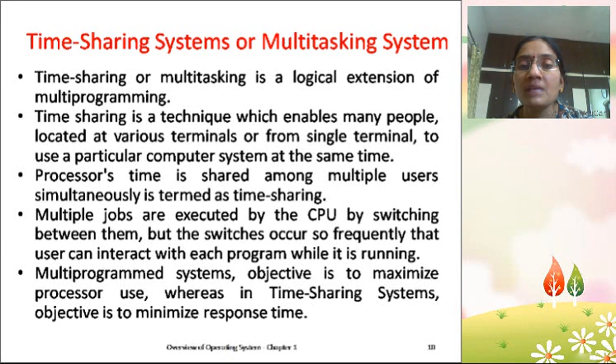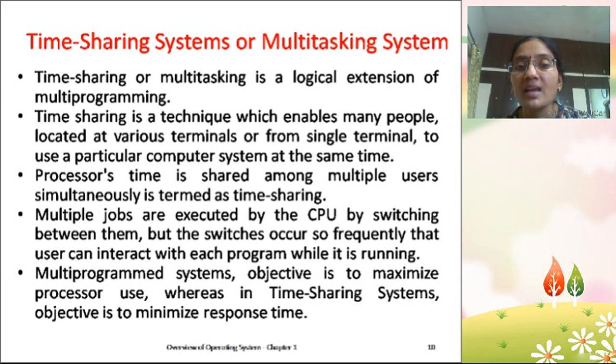Whenever multiple terminals are used, it is time sharing, and whenever multiple tasks are performed from a single terminal, it is the same. The processing time is shared among multiple users simultaneously, which is termed a time-shared system. A fixed time slot is allocated to each user program execution.